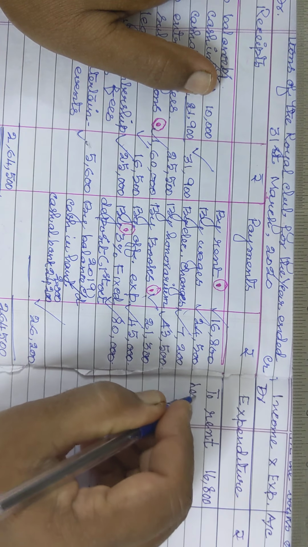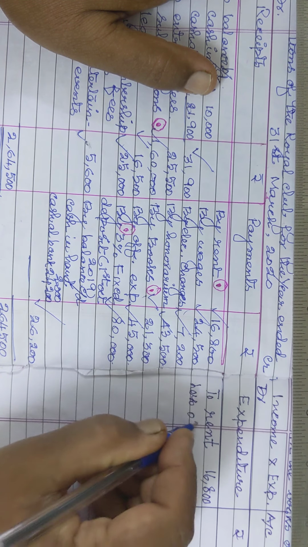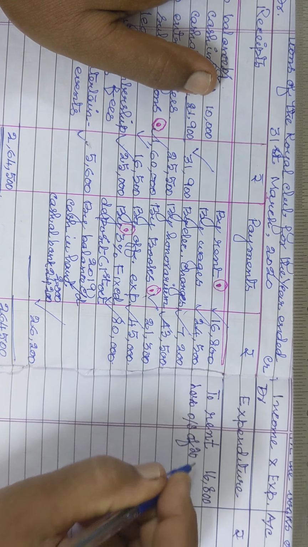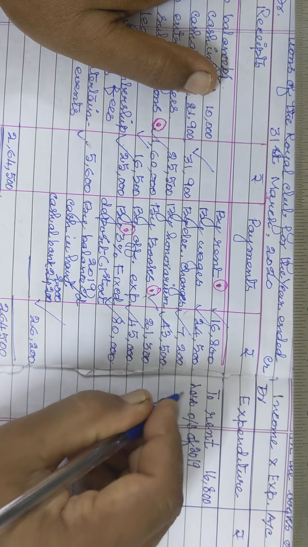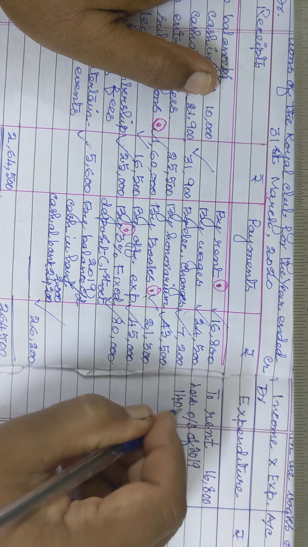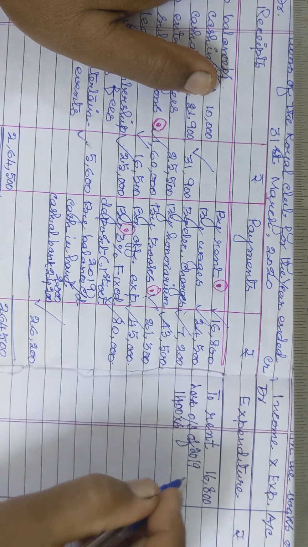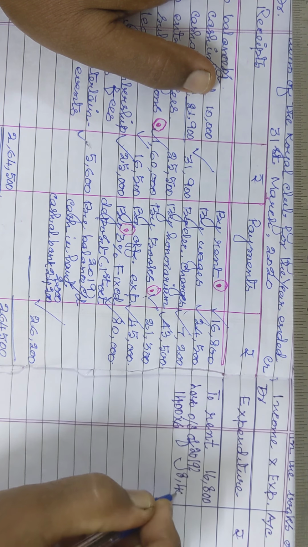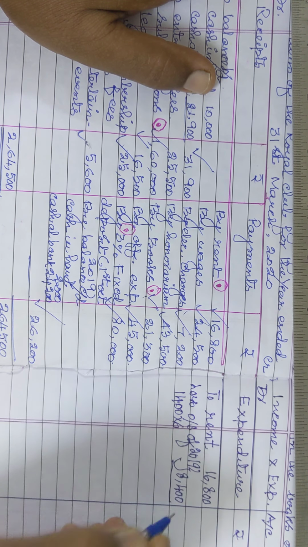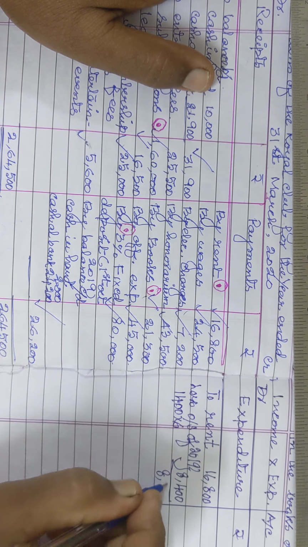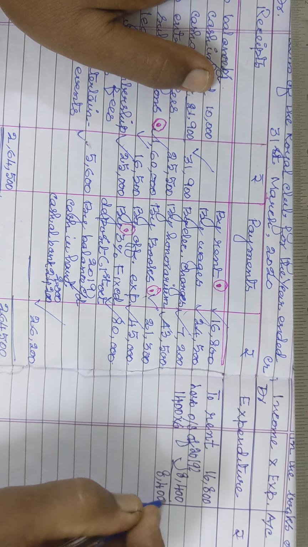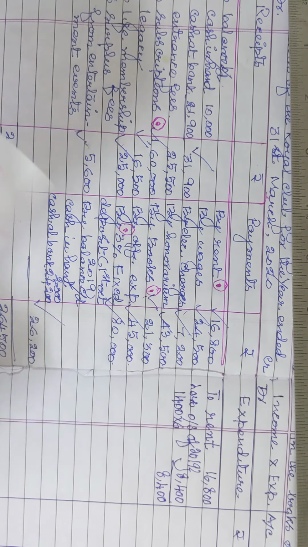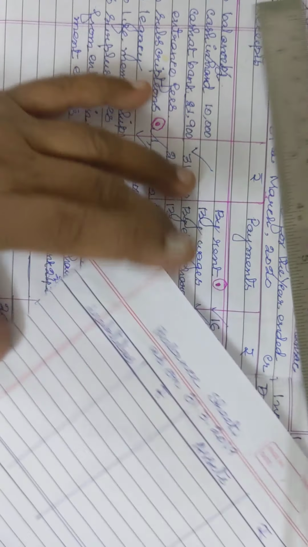So we have to reduce that amount which was paid for last year. So less outstanding of 2019. How much is it? At the rate of 1,400 for 6 months, that is 8,400. I have to take it out from this expenditure. So for the current year they have paid only 8,400. Immediately this outstanding should go to my opening balance sheet.